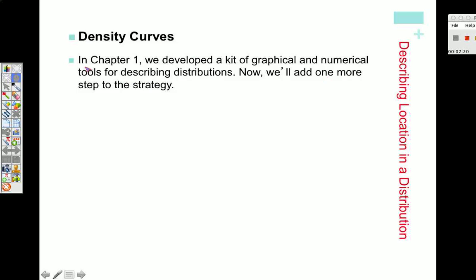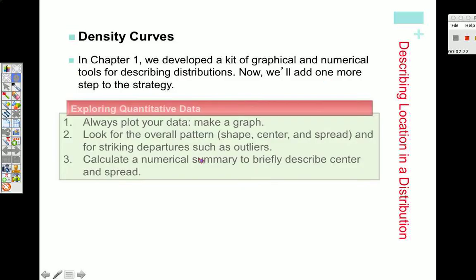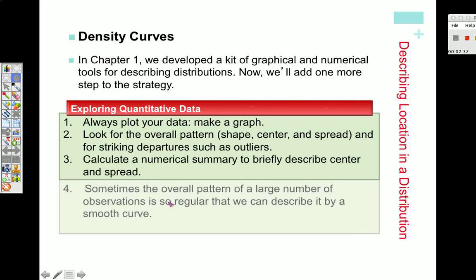Our density curves, we looked at these in Chapter 1. Look at the data, make a graph, talk about the shape, spread, center, outliers, SOCS, calculate the numerical summary. Now we're going to be looking at data sets that we can put a smooth curve on top of. And our data does such a good job of being regular is the key word,